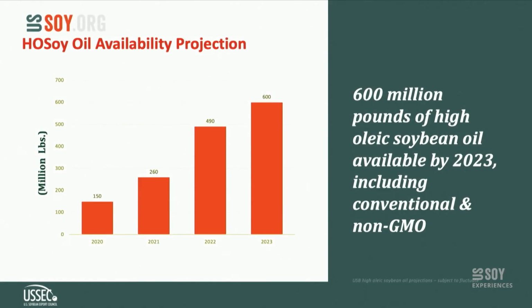And the soy has a benefit of a softer tread at cold temperatures. So we're just learning a lot about high oleics and the opportunity to use them in alternative products. And none of that is reflected in the volume expectation growth that you see on the screen. Let's look at the fatty acid profile for high oleic soy. As you can see, it has a minimum